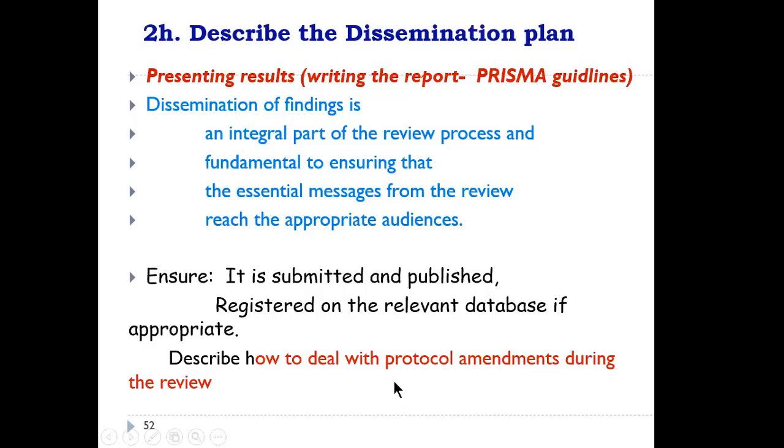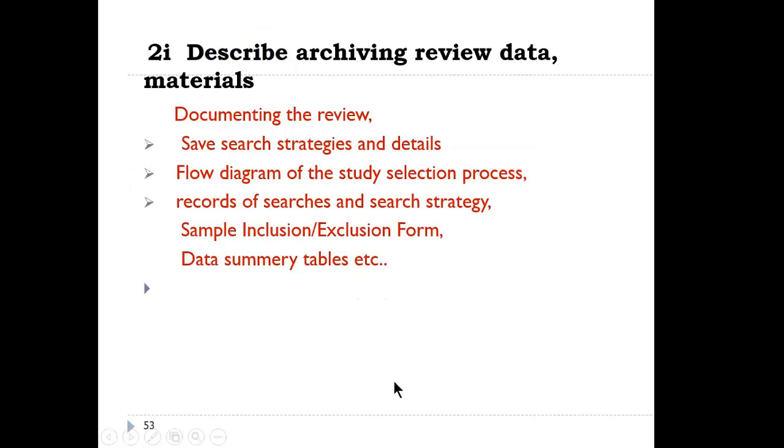Okay. If you are doing it another way than the protocol, you'll have to explain why and what you are doing, and all that. Okay, and then now it is describing archive review data material. Okay,